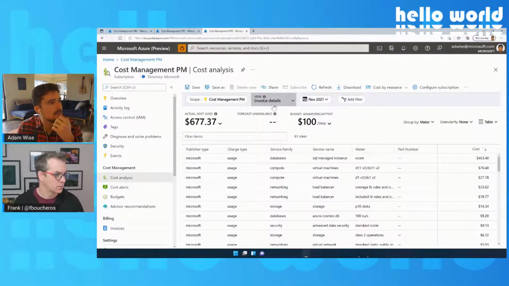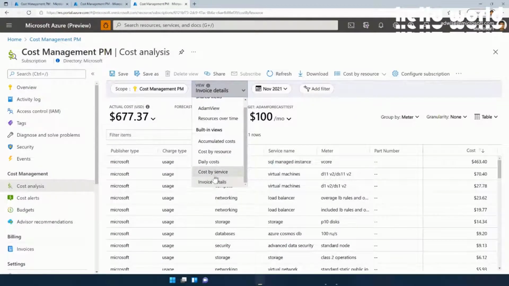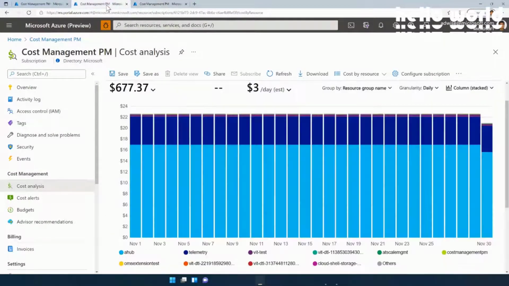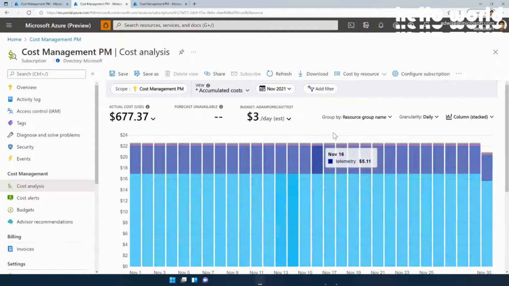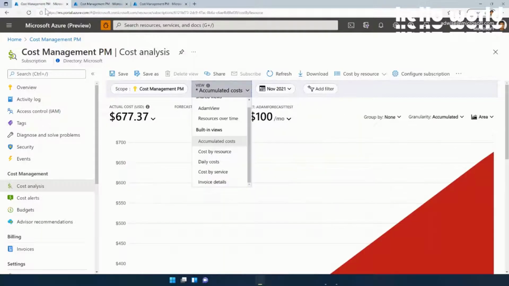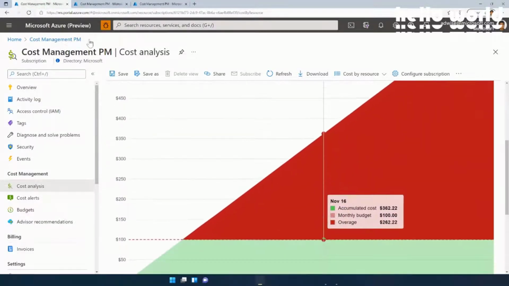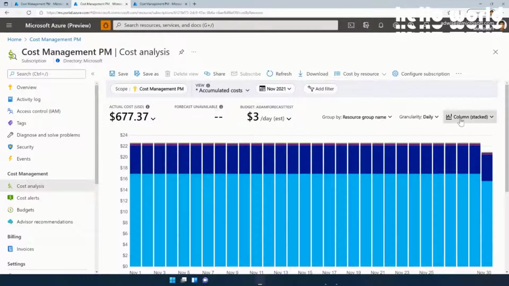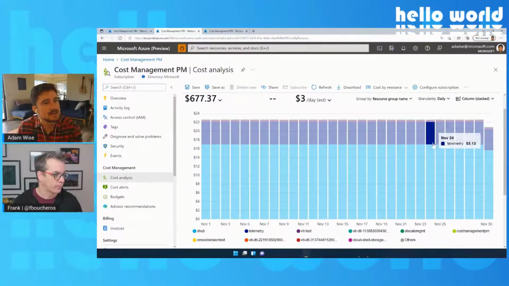Great. So I've discussed some of these pre-built-in views, but let's say, for example, you've got a view here that you've constructed where you wanted to group by resource group. You also have the ability to, for example, like in this graph here, I've got an accumulated cost graph. But in the graph over here, I've changed that view to be a column graph, and I've grouped by resource group, and I've made it the daily grain throughout November. Basically, it's allowing me to see how much each resource group is costing me